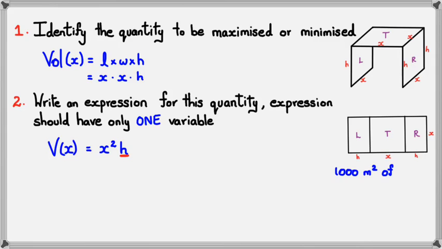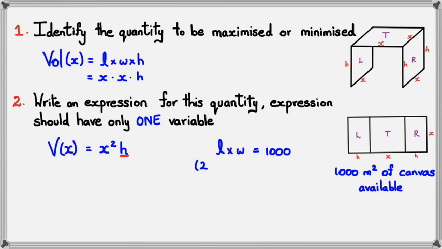So we know that 1,000 meters squared is the canvas. So what we have is that area. I'm just going to write this available. So we know that the length times width is equal to 1,000 meters squared. Now the length,